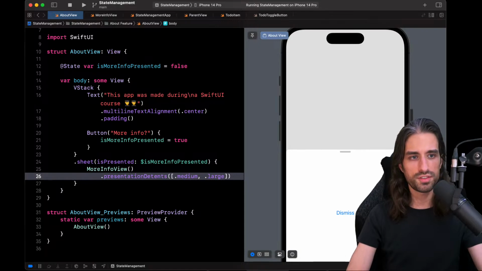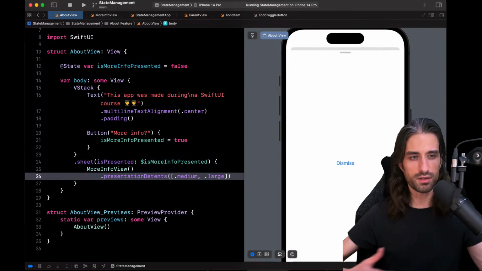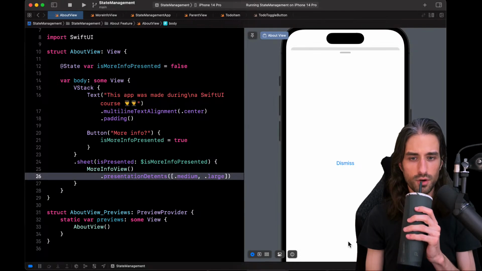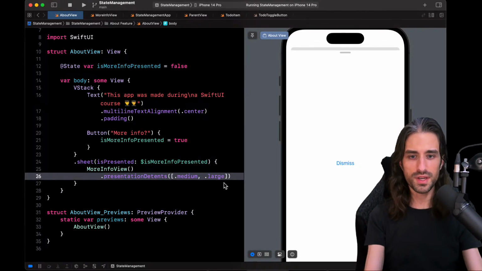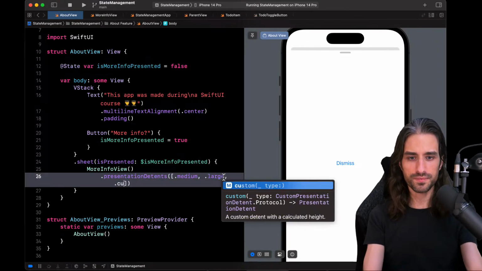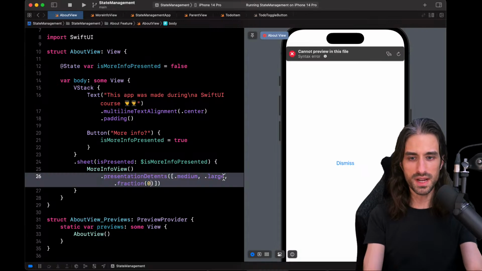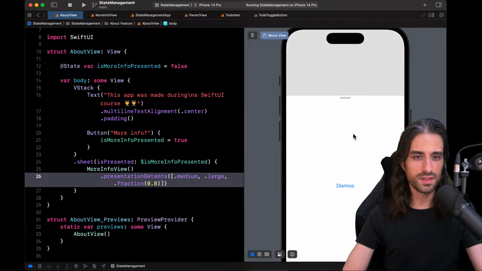But if there is more content, or if there is content to be scrolled, you can always put them full screen to have more data visible if that's what the user wants. And you can even provide some fraction. So, okay, I want to have 0.8, for instance. And you can see now we have this intermediary detent.